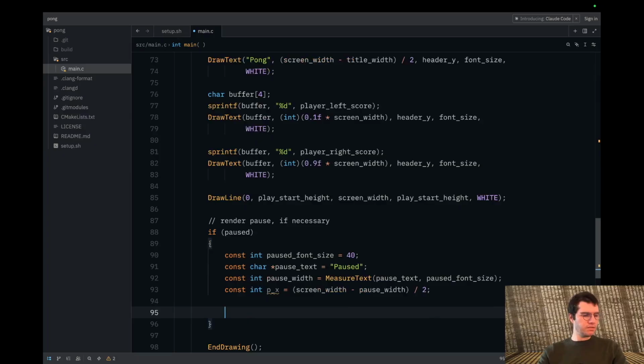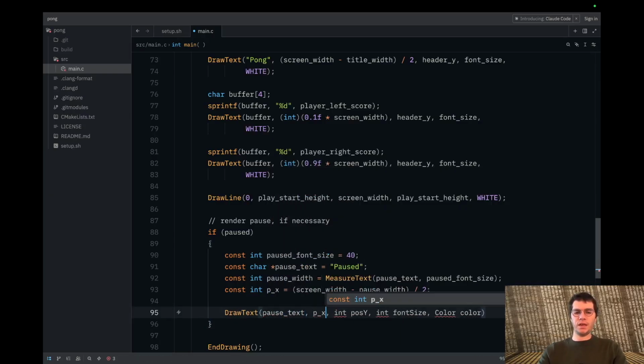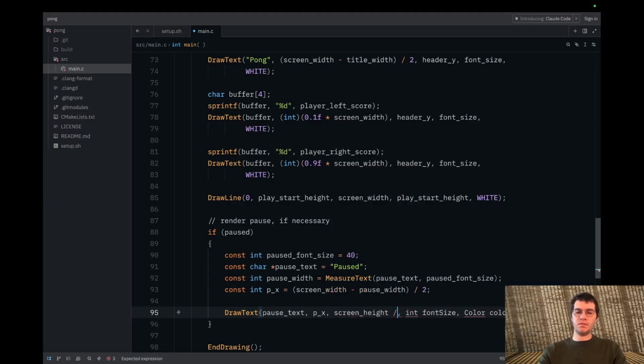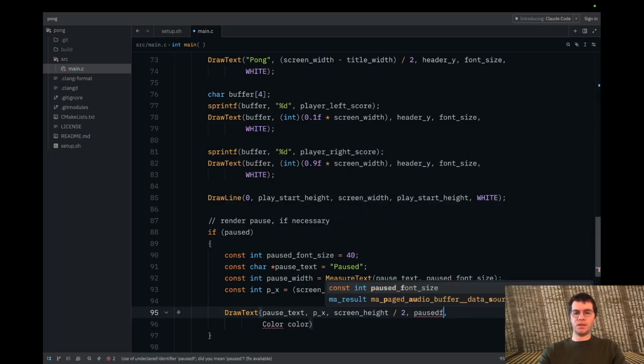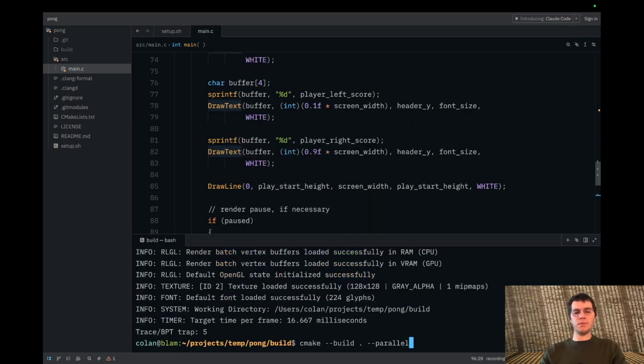And then what we're going to do first is we're just going to draw text. And then the text is going to look like, we don't need to do quotations there, sorry, pause text. And then we have p of x, and then our p of y will be screen height divided by 2. This isn't going to be perfect, by the way, because we're not measuring the height of the text, but that is okay. The font size is paused font size. And then the last thing is right now we're going to make this white. And there's going to be a problem with this when we do it,